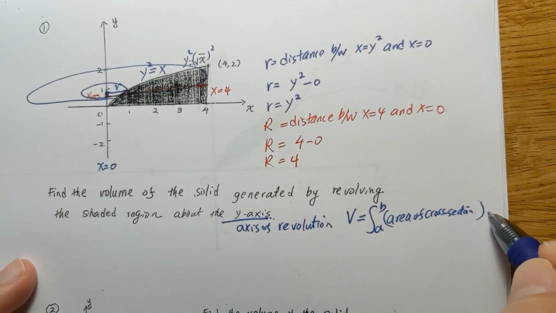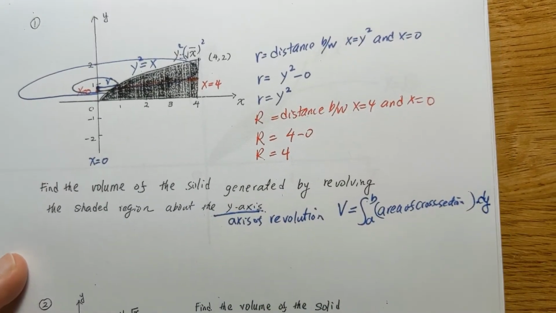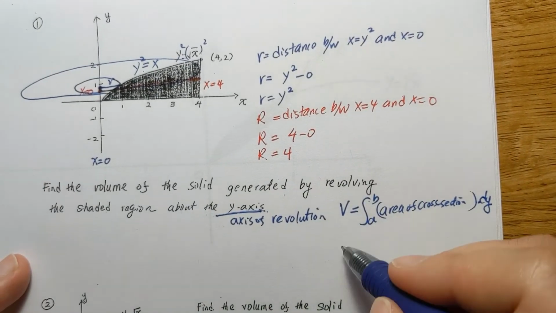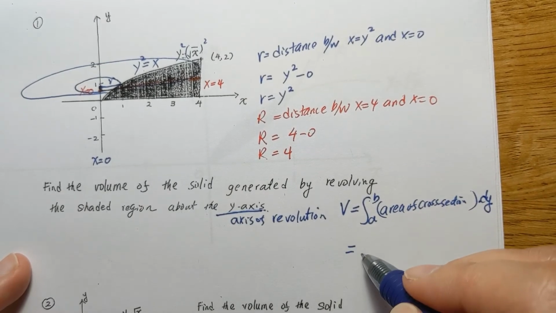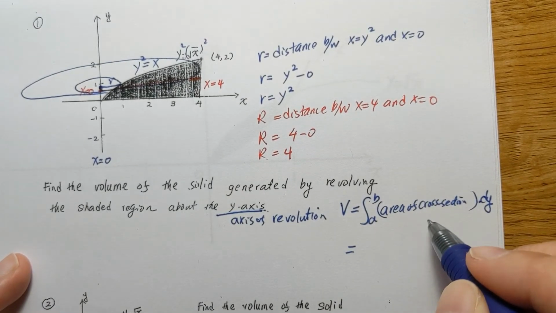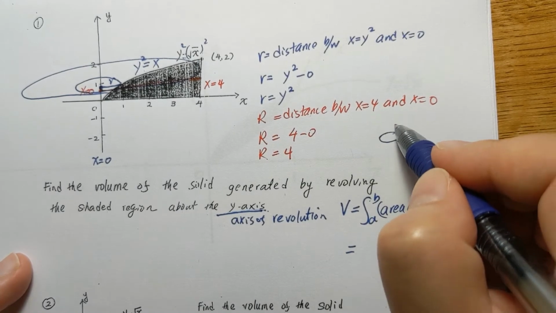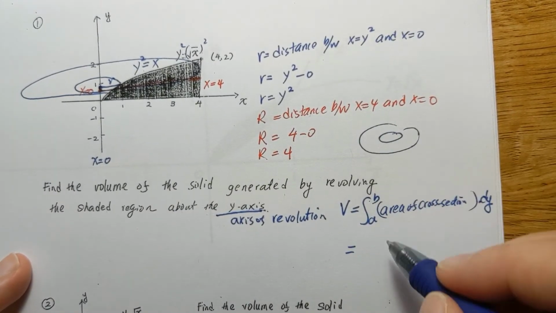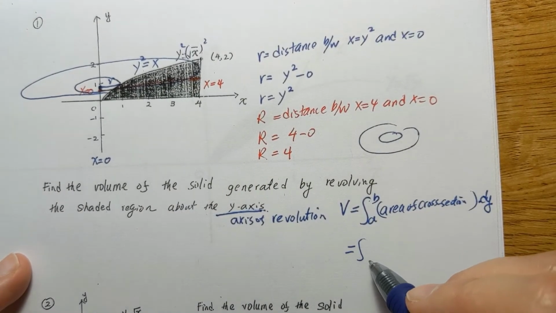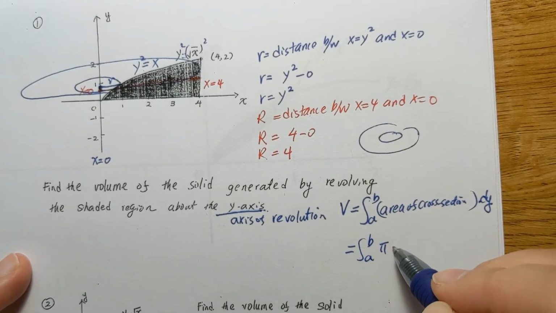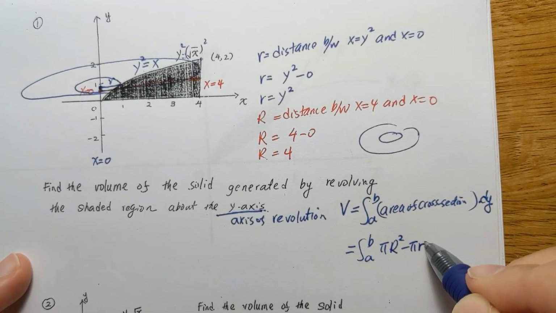So therefore we're going to use dy. That's the only difference. Because the area of the cross section is going to be the big circle, subtract the small circle. So it's still going to be integral A to B, pi big R squared minus pi small r squared and